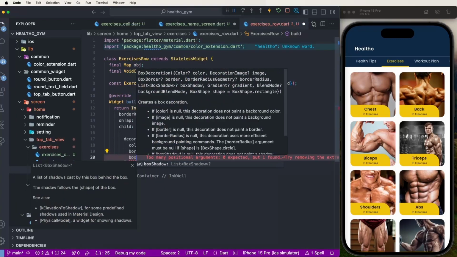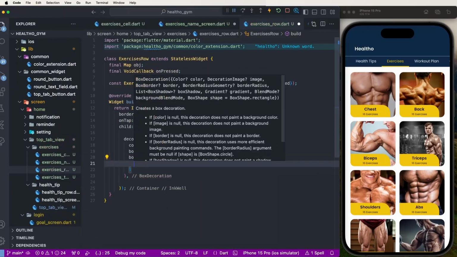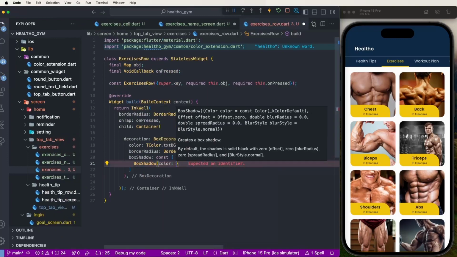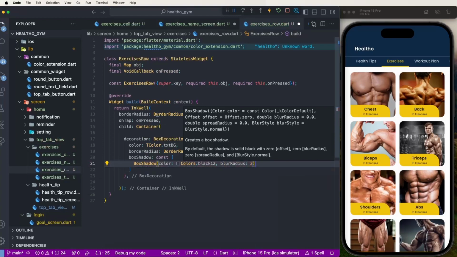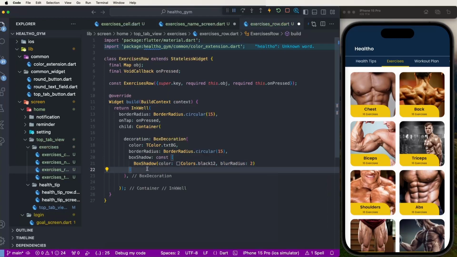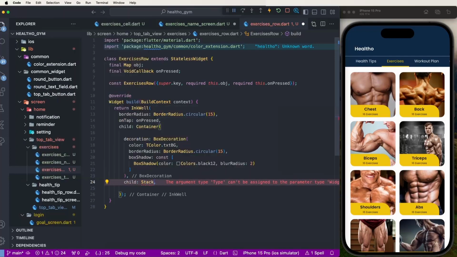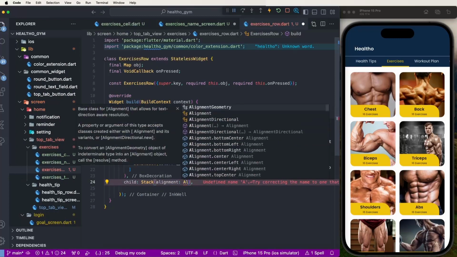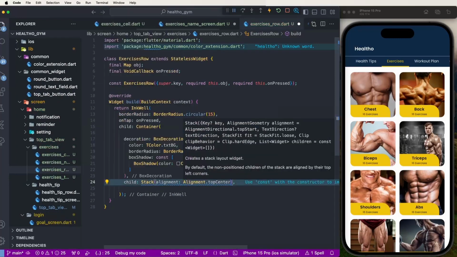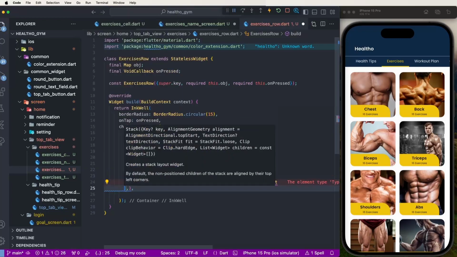Then after that set the box shadow, const BoxShadow, color B12, and set the blur radius to 2. Now we need to create the child, and create the Stack, and give this the alignment as top center. Then after create the children, and configure this here